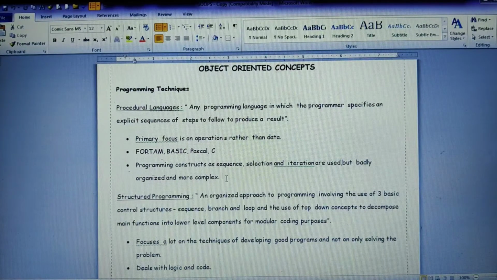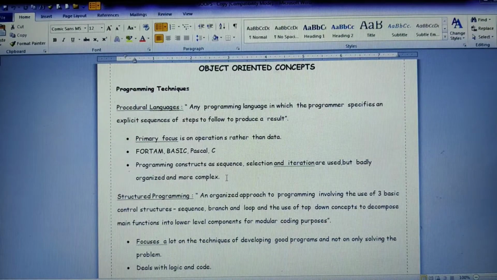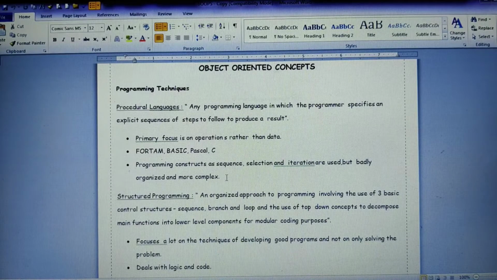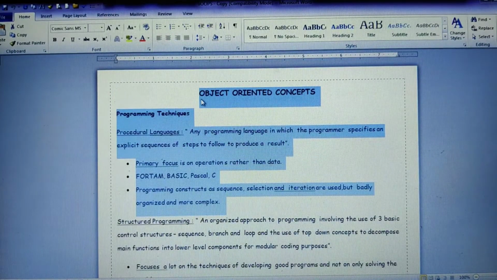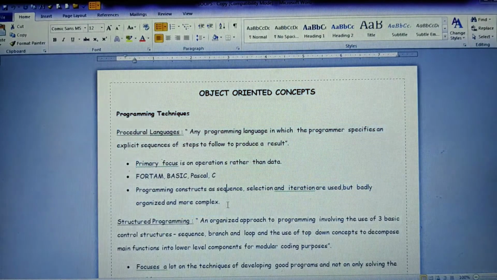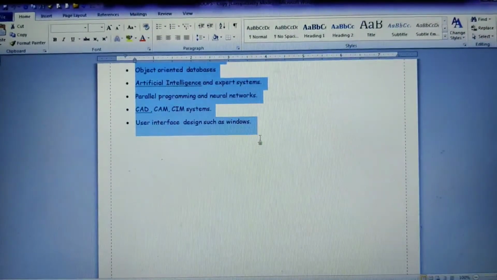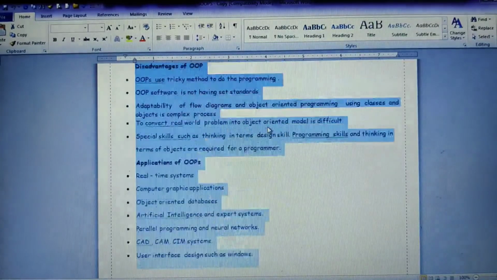Then if I want to place the cursor here, the third option you can choose is by using the home button and page down, page up. Place the cursor where you want to select. I'll hold shift and control and click on the home button. That means the cursor will go to the beginning of your text. You see, home takes the cursor to the beginning of your text. Now I'll place the cursor here, shift control, and go to the end. See here, the cursor will go and select till the end of your document.